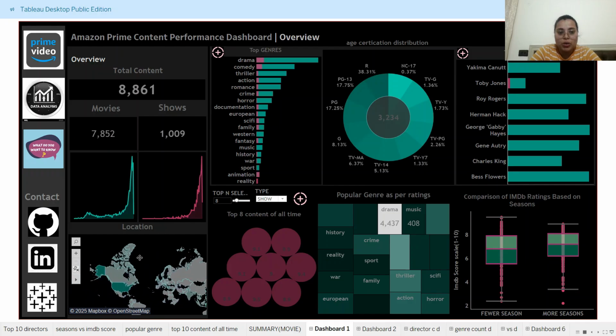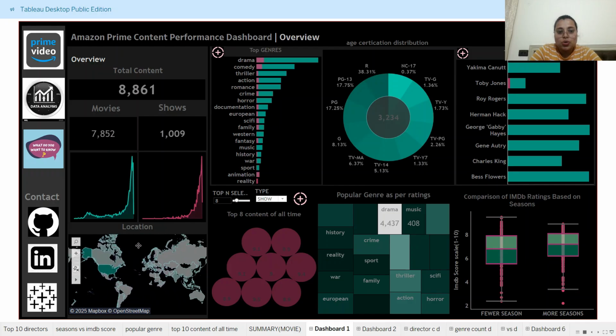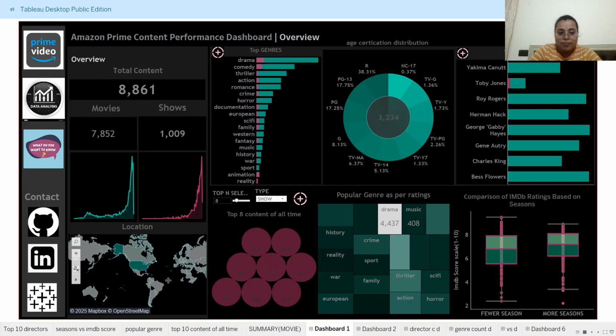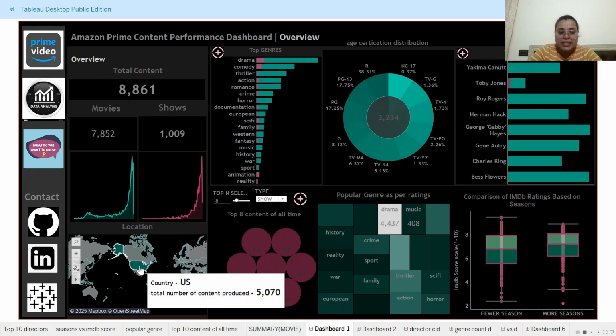So let's talk about the location. When we are seeing this location chart, we can see for the US it is the darker area. The darker the area, basically the total number of content is higher. So for the US, the total number of content that is produced on the platform is